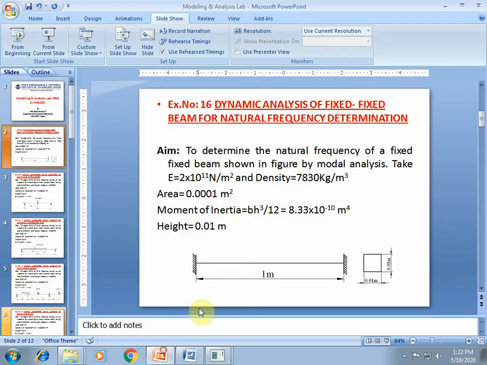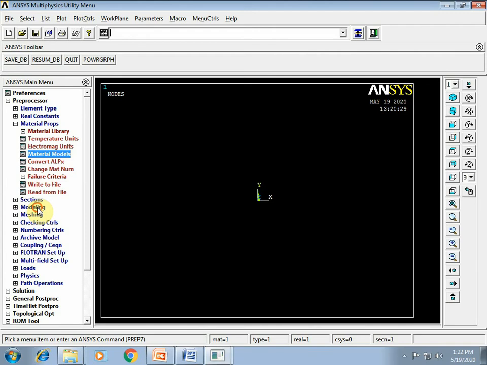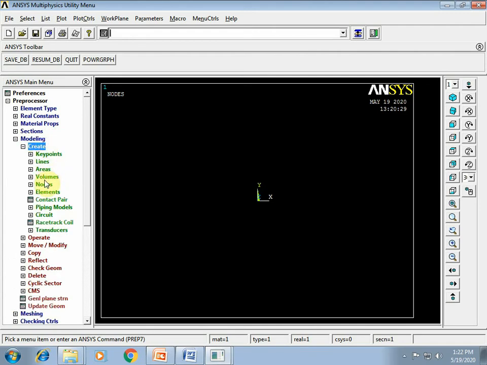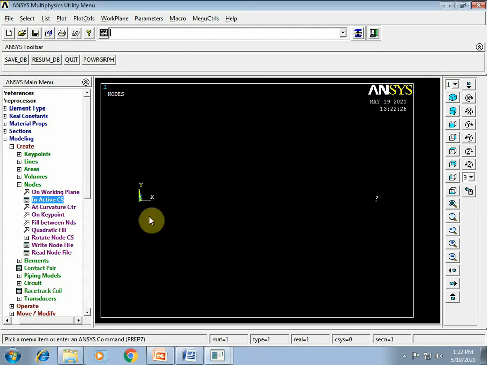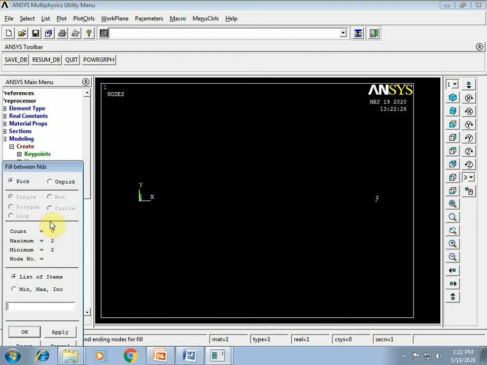So here only two nodes are created, which are 1 meter apart. Modeling, create nodes in active coordinate system. Node number 1 will be at the origin. Node number 2 is at 1 meter. Say OK. So for this problem you need to create further nodes. So for that you need to go for fill between nodes.